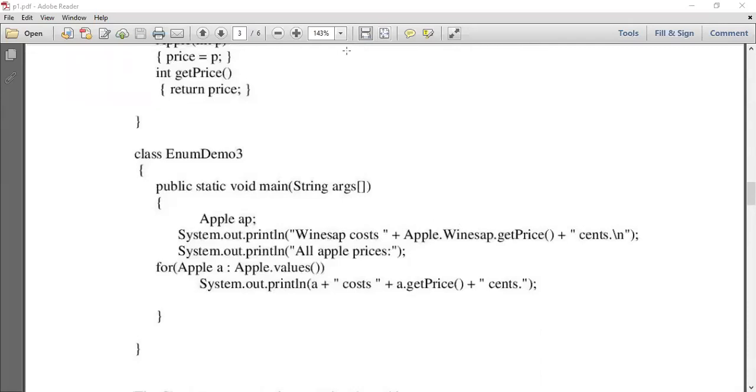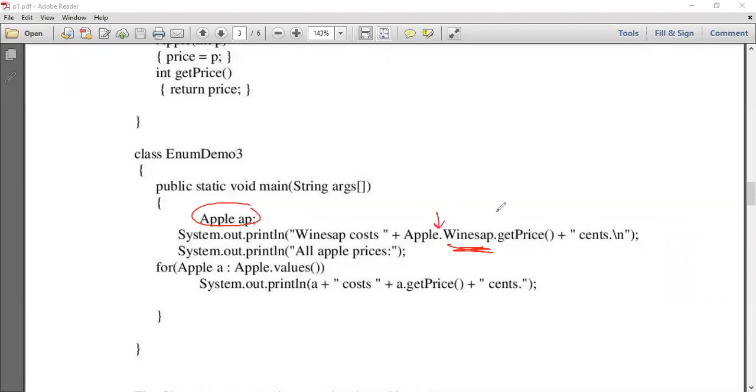The function invoking can be done like this, where we declare an enumerator object, an enumerator variable, like this. That is ap, small ap. On this small ap, we can call the methods. Here, if we want to get the price of this particular category, then on the enumerator we can use the dot operator.